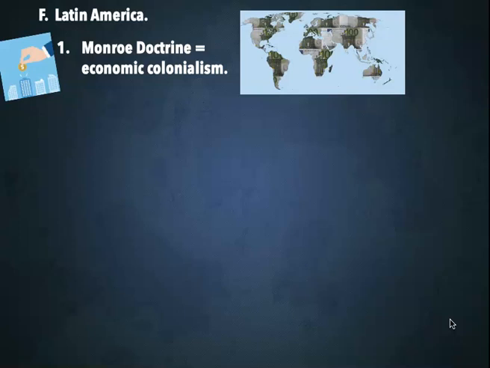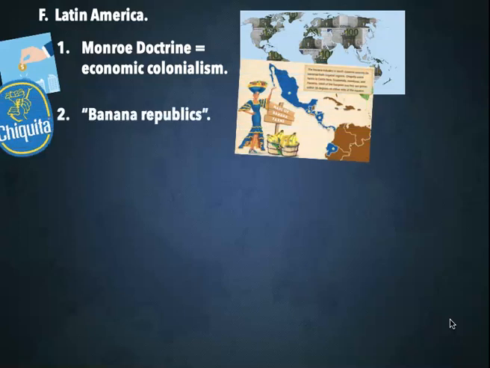Instead, they're going to use what's called economic colonialism, all right? And really what we're talking about there is they're going to set up businesses. That is not a violation of the Monroe Doctrine. We're not sending in troops, but maybe there's a British company or a French company that wants to set up shop in a Central American country, a South American country. And they're pretty much saying, hey, if you come and work for us, we'll be able to give jobs to some of the local people, the indigenous population. You make some money, we make some money, everybody is happy. All right. Which sounds kind of awesome at the beginning,